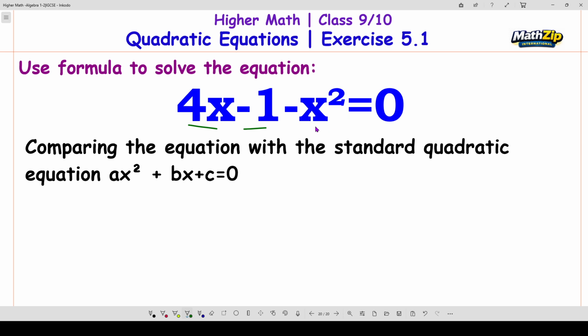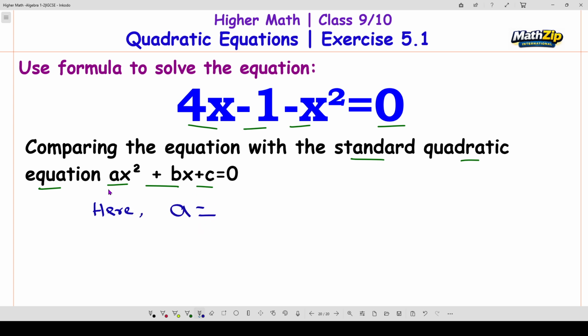4x minus 1 minus x square equals 0. We are going to solve this quadratic equation by ax square plus bx plus c, the standard quadratic equation. First, we have to find out a, b, c. We can write here